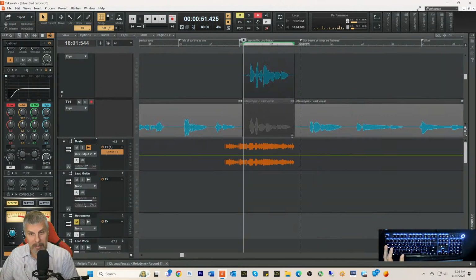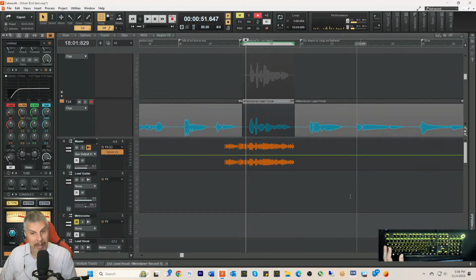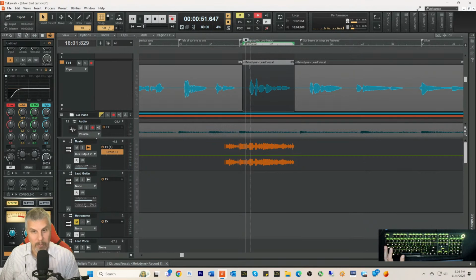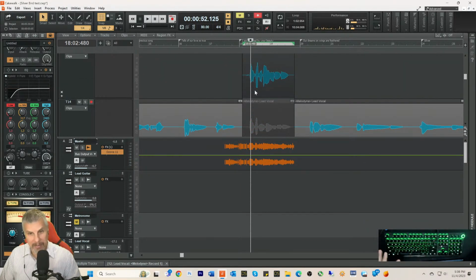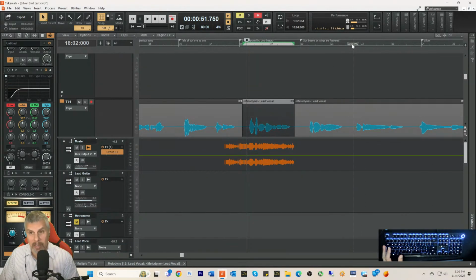So when I go here into Melodyne, you would think people would notice this, because all I did was punch over a section and come in here, and there are two. How do I edit this? You can't. The only way to edit this is to delete one of these out of the way, and then you go back into Melodyne and turn that back on. I am captured. Every time I punch something in over top,